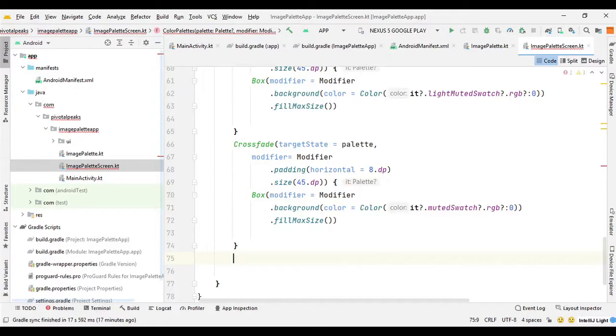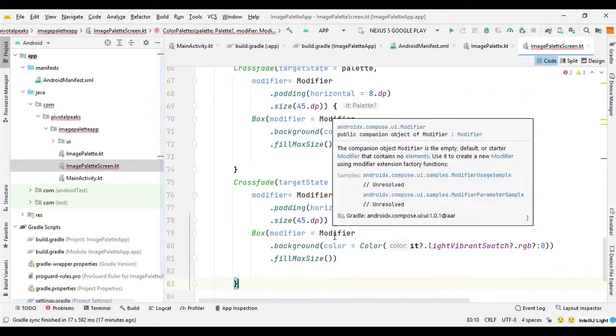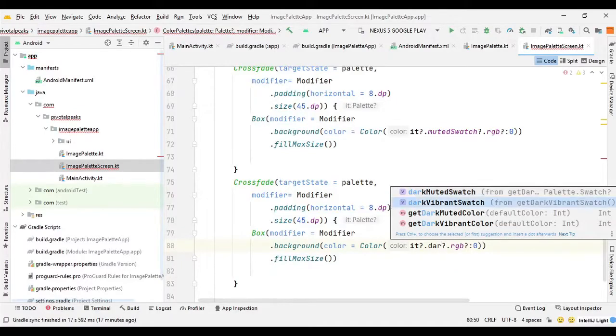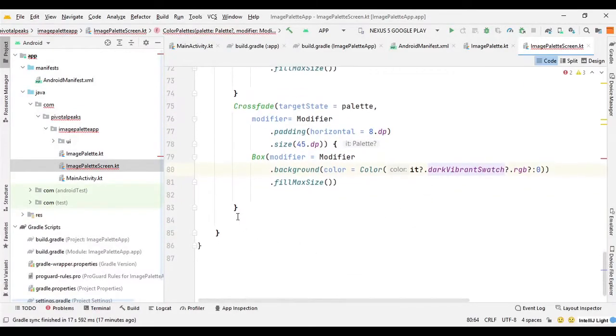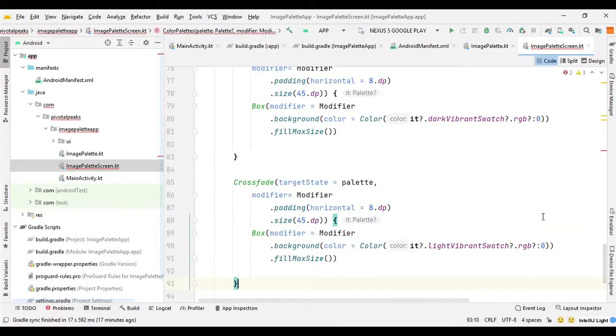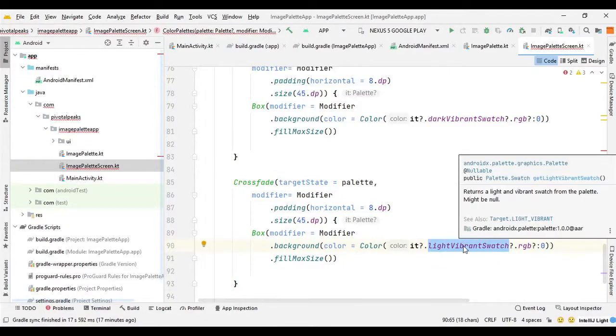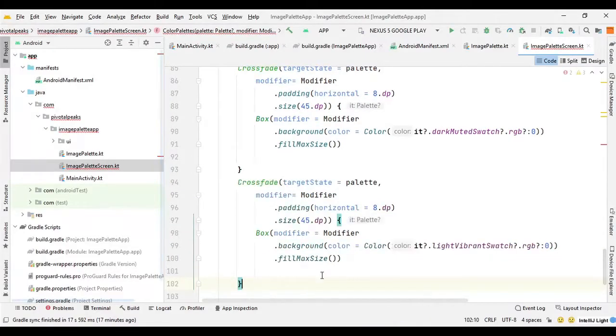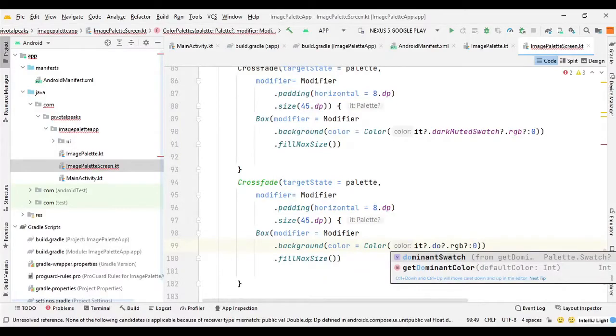And then after this we can use the dark vibrant swatch, and we still require 2 more variants. So here we can say dark muted swatch, and lastly the dominant swatch.